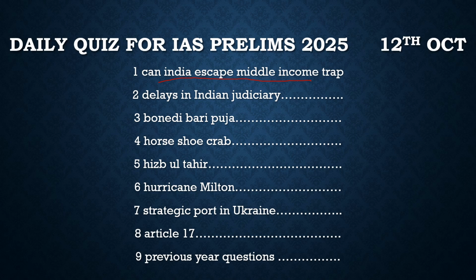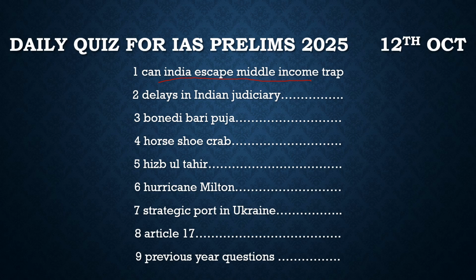Average income of the people doesn't increase. And this also gives the criteria by which you can identify a country which is in the middle income trap. According to the World Bank, if a country has a per capita income of 11% of the US, those countries are in the middle income, and if they get trapped there, then it is called a middle income trap. So according to this article, the author then says how a country can get out of this middle income trap.